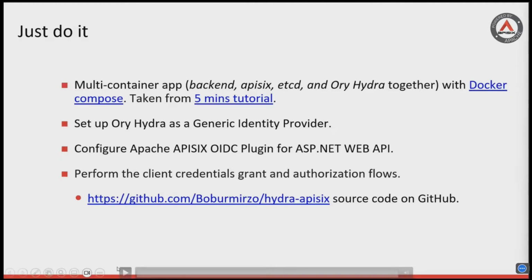So here we go. With all the theoretical knowledge in mind, now we can jump into the demo session. Today, we're going to run the multi-container app by using Docker Compose, partially taken from the Ory Hydra 5 minutes tutorial, how to get started with Ory Hydra on the official website. And we're going to walk through how to set up Ory Hydra as a generic identity provider. And then we'll have a look at how to configure the Apache APISIX OIDC, OpenID Connect plugin for our existing